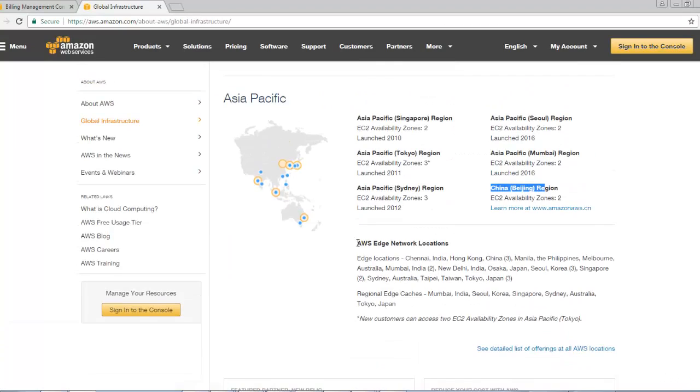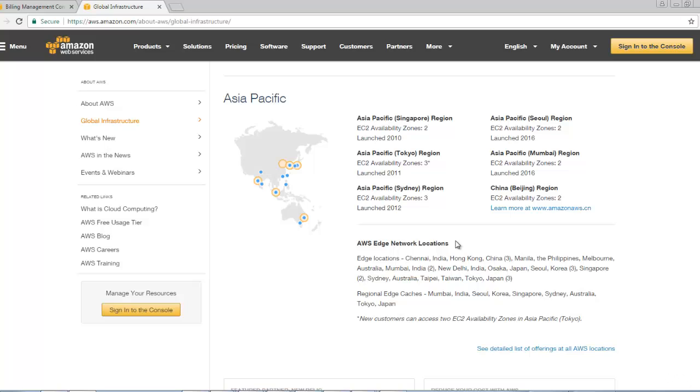Okay, now at the end we'll talk about this edge location. Edge location is not the same as availability zone. It is basically a different location in the region. Okay, it is helpful when you are trying to reduce the delay in accessing applications or heavy data like videos,